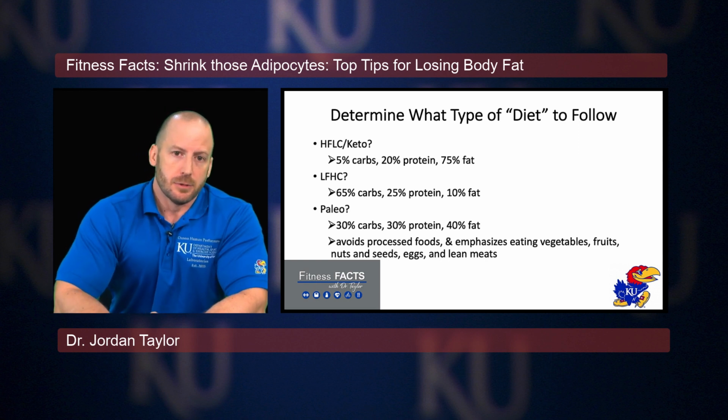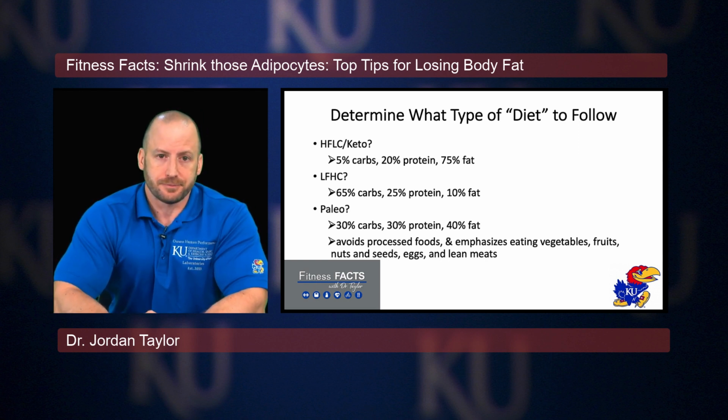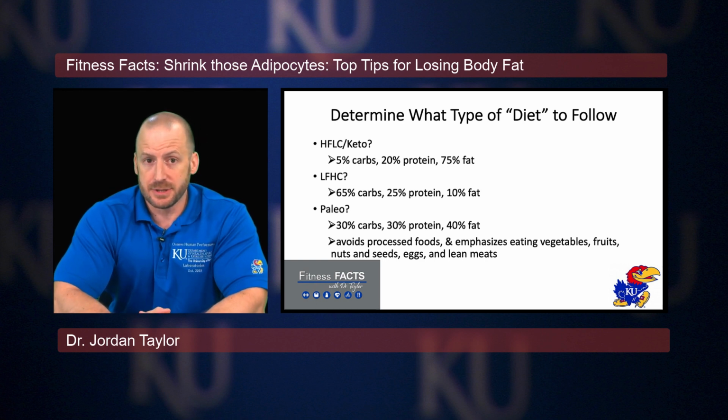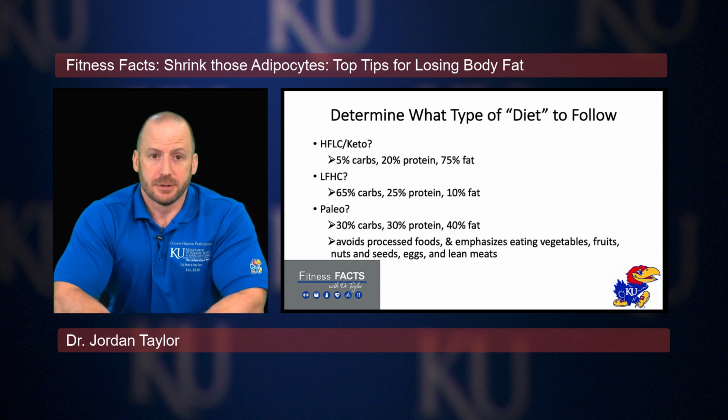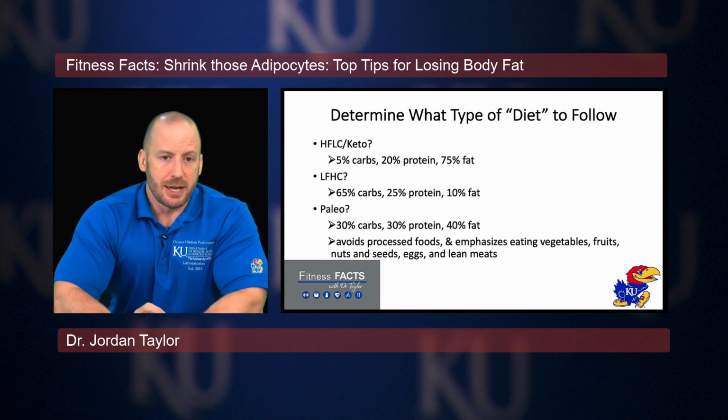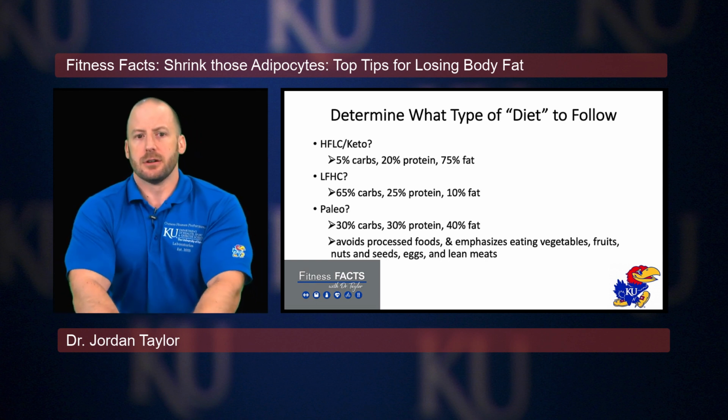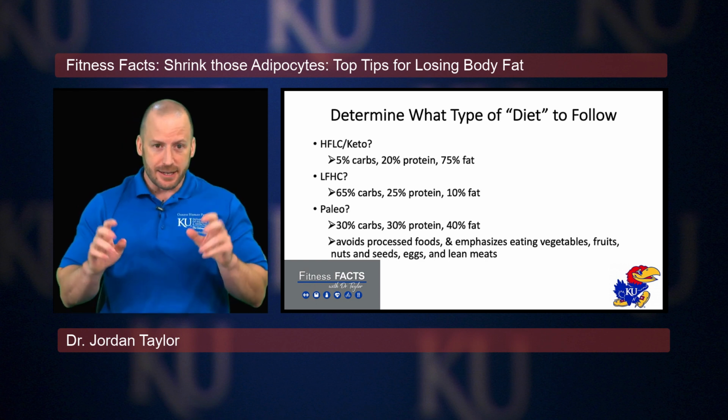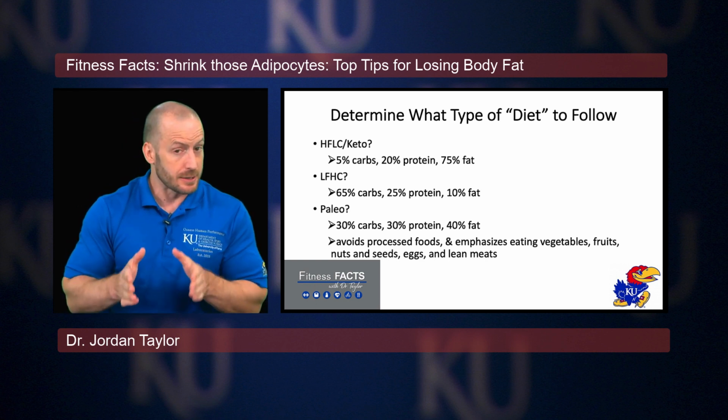All right, what's a low fat, high carb diet? Well, it might be 65% carbs, 25% protein, and 10% of your daily calories coming from fat. So it's basically the opposite of keto. Paleo, what is that? So this is a type of diet where the one thing I do like about paleo,